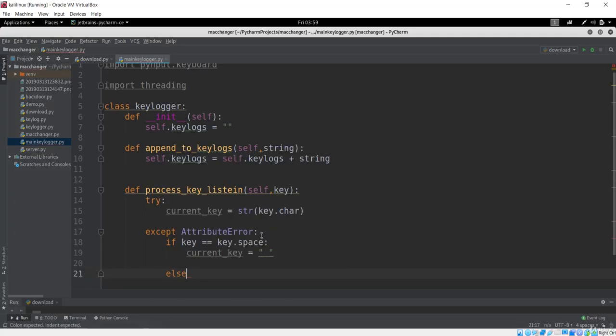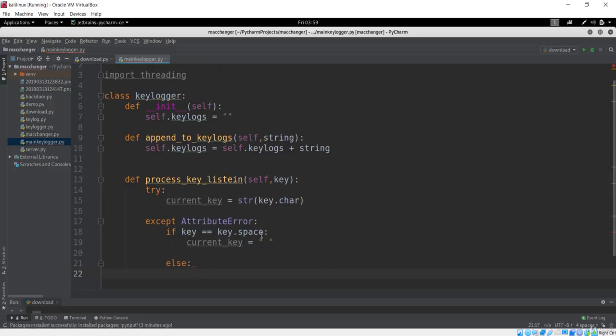Else there can be other keys, maybe the control key or the ESC key. In that case, we are going to get that current key, and we'll add that to the key because that is the key now. And we'll make some spaces here, so that if I press maybe ESC, it will print a space first, then ESC and a space.